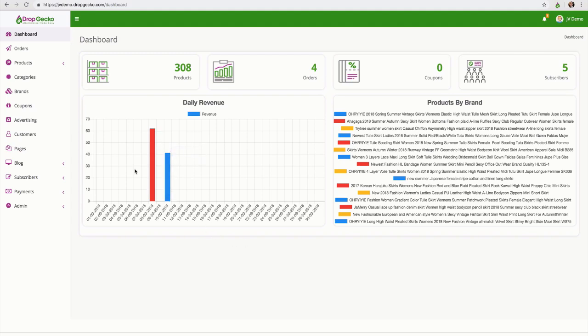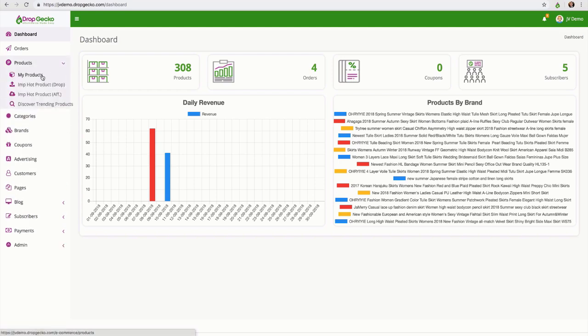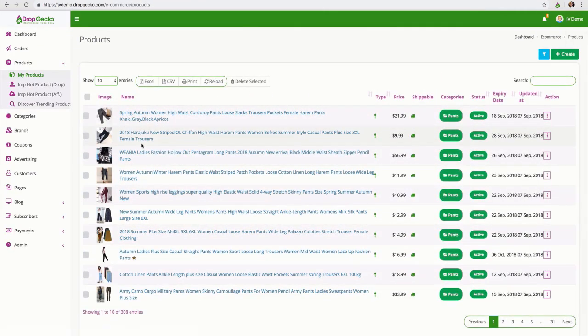So on the left-hand side, you'll see that we have a bunch of different options. Now, I'm not going to cover every single option, obviously. You know how coupons work and things like that. You have a list of your customers, things that you would expect. But let me show you just how easy you can add products to your store, and then I'll show you some more awesome things. So if we go ahead and click on products, you'll notice that we have My Products, which is a list of all the products that we currently have on the store. We can import hot products as a drop shipper, where we're going to drop ship these. We can import them as an affiliate, where we are simply an affiliate for the product,